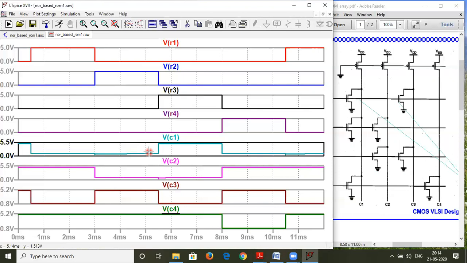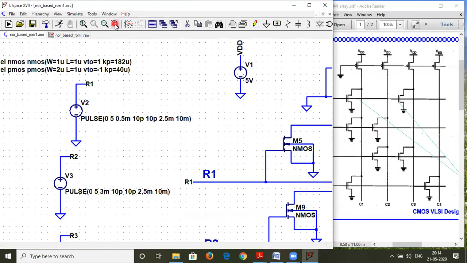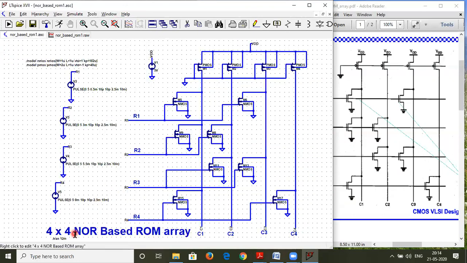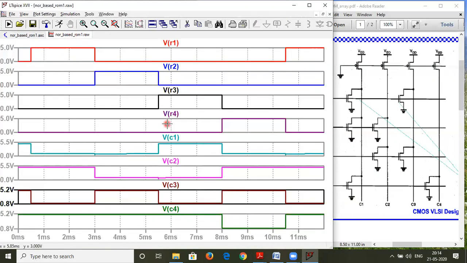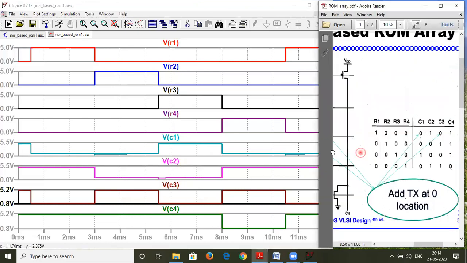So that's the way how you build up a 4 cross 4 NOR based ROM array, and these are the possible outputs. That is the 4 inputs are R1, R2, R3 and R4, and the 4 outputs are C1, C2, C3 and C4. And we have verified this table.